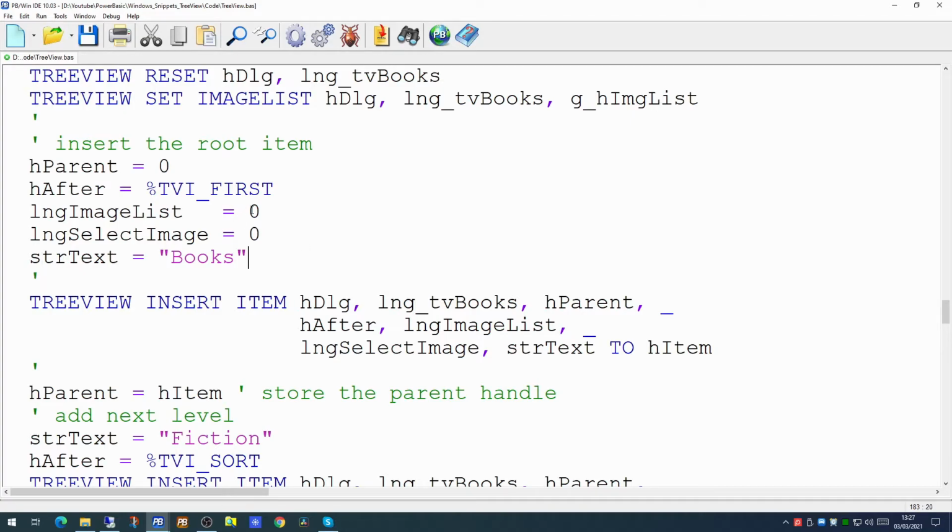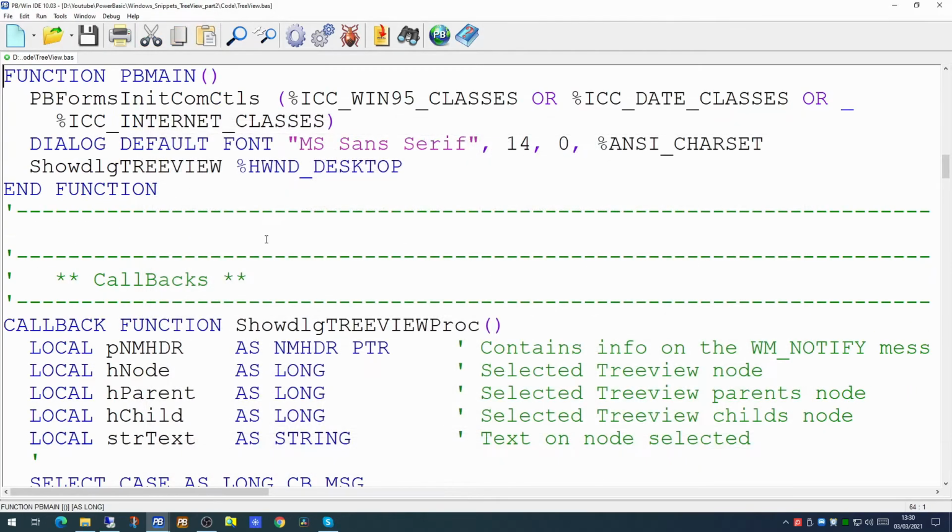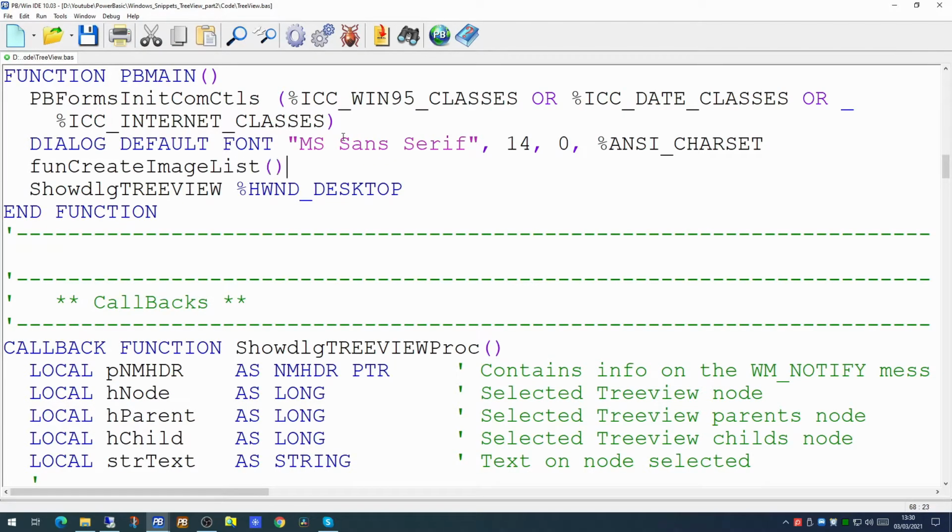Now at the moment we put in the image list and the select image list variables as 0. So all we need to do now is to specify the constant for books in our image list. This tells it to use the first icon in our image list. So before we run our code, we have to call the new function we created to populate the image list. So if we go to our PB main, we'll put that right at the beginning so that when we run the code now,